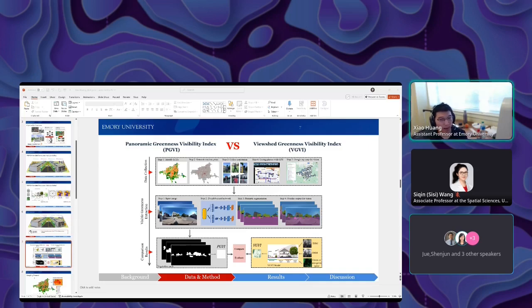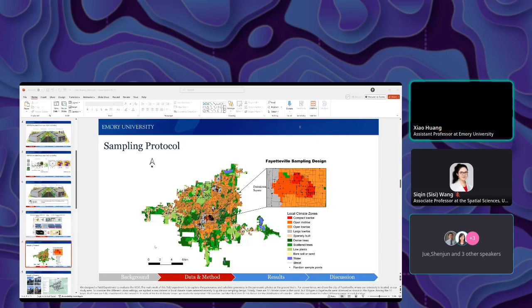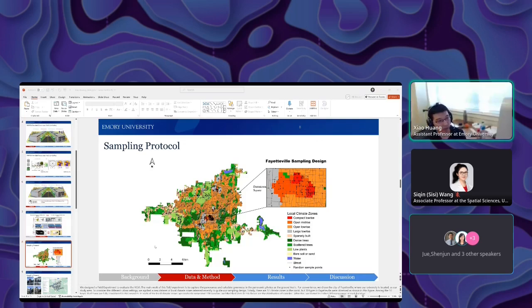So our study area is Fayetteville, Arkansas. It's a typical mid-sized city in the United States, and it is also where the University of Arkansas is located, my previous institution. You can see the local climate zone distribution in this area. Compact low-rise areas are in the center of the city, and the open mid-rise areas dominate and are